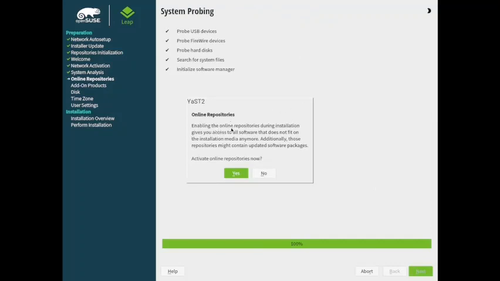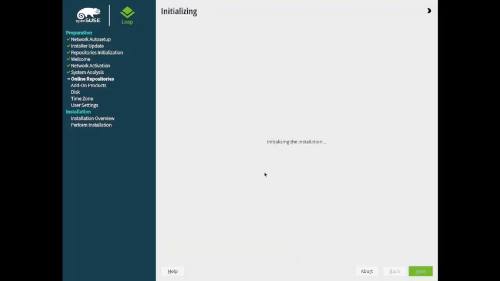Enabling the online repositories during installation gives access to all software that does not fit on the installation media. Additionally, these repos might contain updated software packages, but this will increase the installation period. The installation will take almost 45 minutes to 1 hour, that is what I observed on my previous installation. So better we will not activate the online repositories right now. We will just do the installation from the DVD itself,